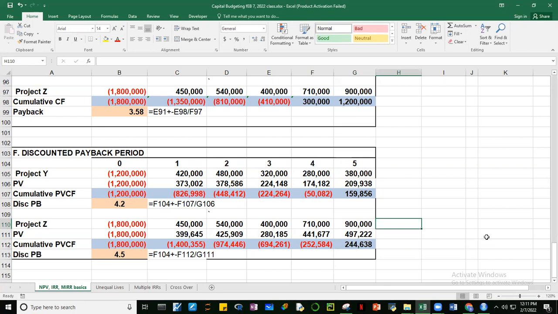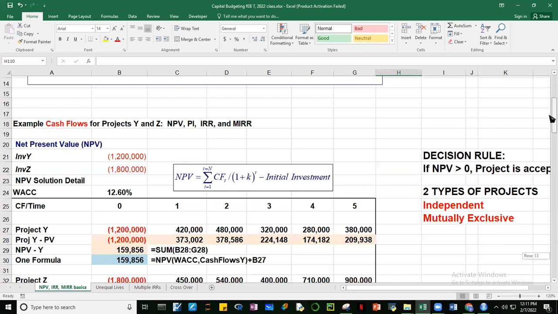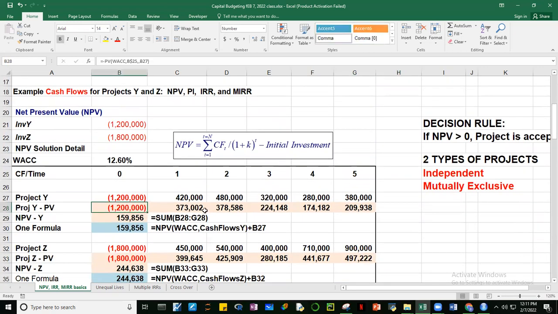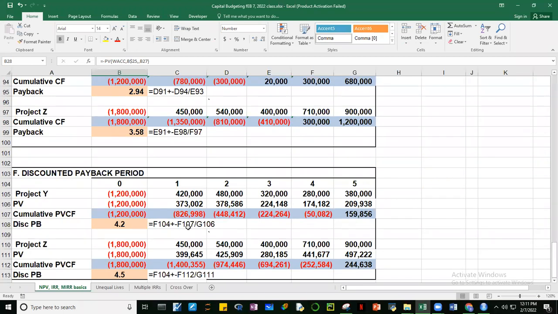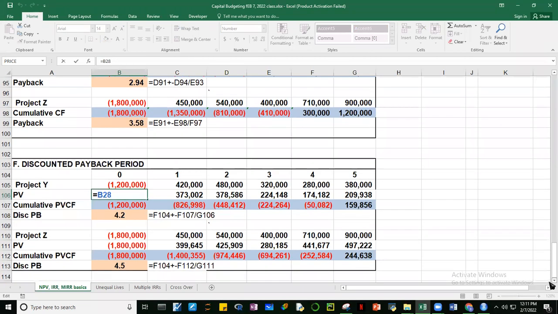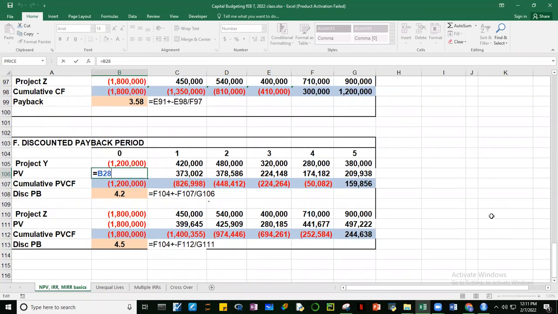Sir, what's the formula ulit po for the present value? Kinapi lang natin ito. Kasi di ba kinumpita natin present values dito? Ito. So I just copied it here. Or pwede nyo is equal to negative PV. No? Okay. Yan lang. Lining ko dun sa B28 sa taas. Or you can, ganun din, you can compute for the negative PV. Ganun din dito si Z.